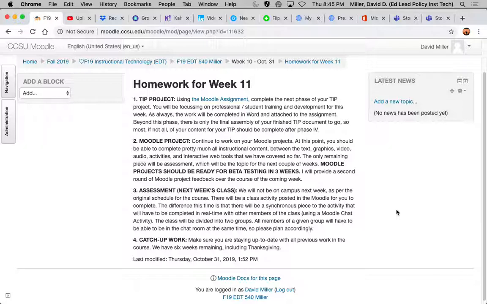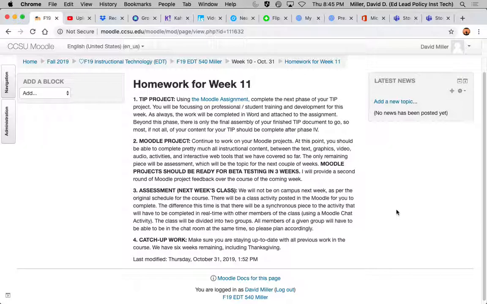You'll discuss it in your group, and then in the forum, you'll post your suggestions for what you might do to alter the questions to make them a little bit more online appropriate. That's basically the overview of the activity. If you want to take care of it during our class meeting time next week, that's fine. But as long as sometime over those days, or the days immediately following, you find a time to be in that chat room with the other people in your group. That will also give you a chance to see how the chat room activity works in Moodle, because you might want to incorporate that into your Moodles, since it's a nice interactive tool.